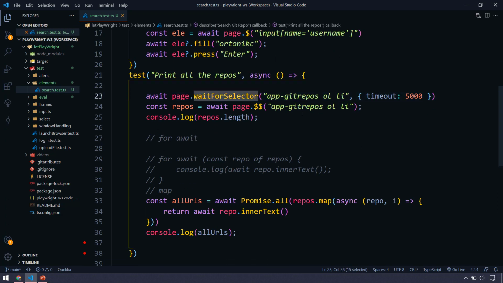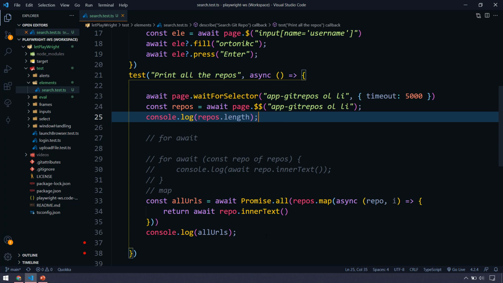Then we are waiting for the selector. We are waiting for this selector because it is dynamically generated in the UI. If you are trying to do the click action, then we don't have to wait because Playwright has auto-waits for the click action.